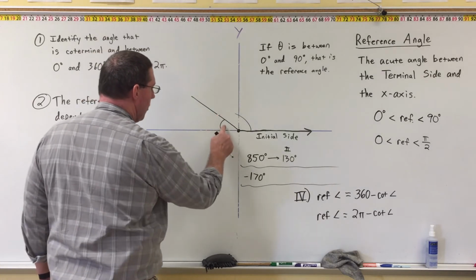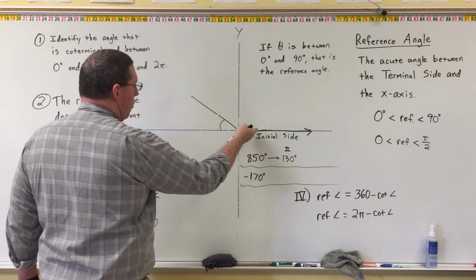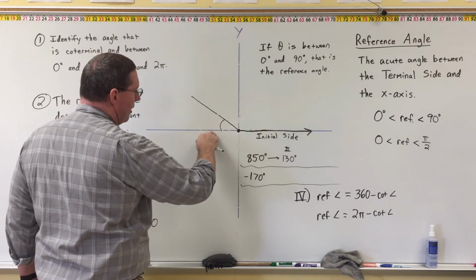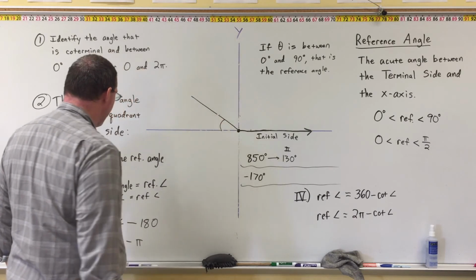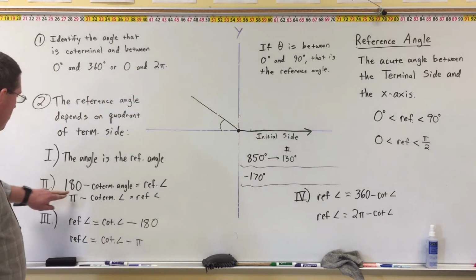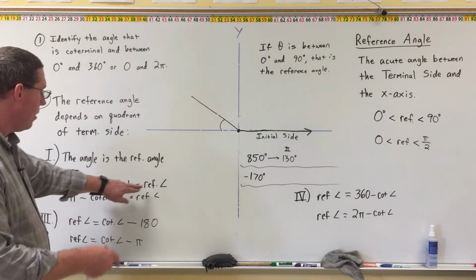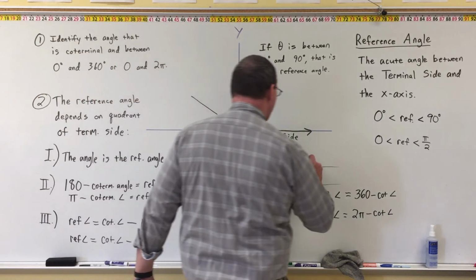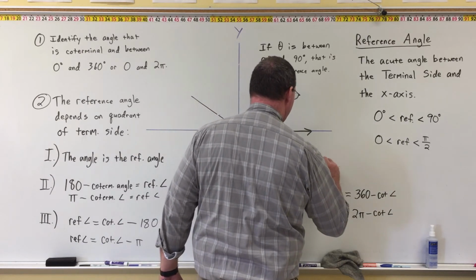So we want to find this reference angle down here. And again, we know that we would have made it to 180 and we didn't. So if we take away this angle from 180, it'll give us the reference angle. And look, quadrant 2, 180 minus the coterminal angle. So 180 minus 130 is equal to 50 degrees, and therefore the reference angle for 850 degrees is a 50-degree